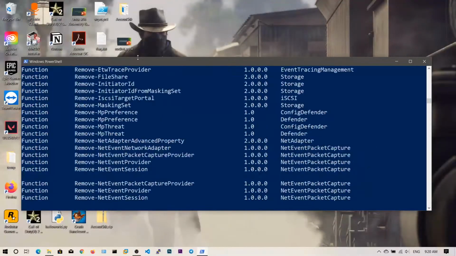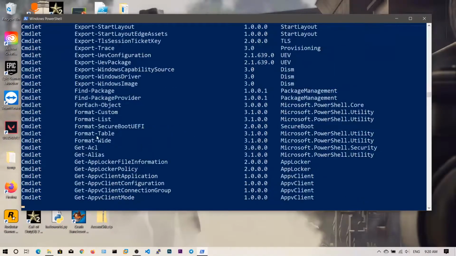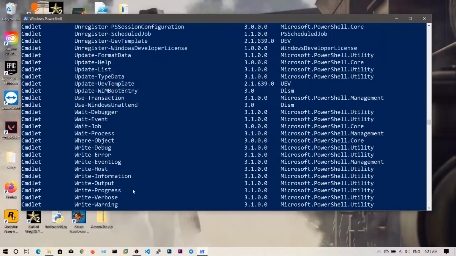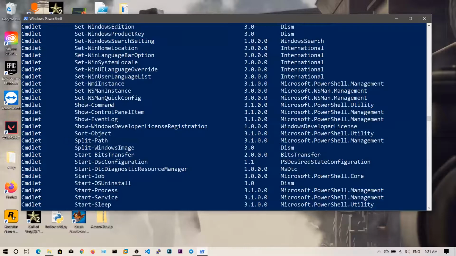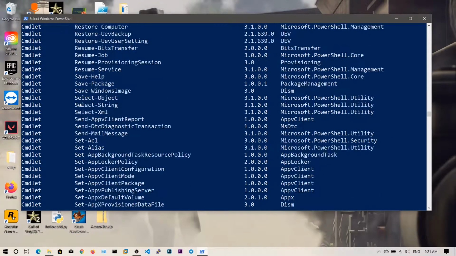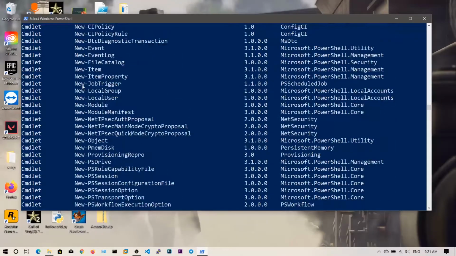You can see there is a lot of data going on. These are all the commands you can run in PowerShell. You can see there are so many. Look at the first one here: this is the type, this is the name of that command, this is the version number, and this is some information like source information. There are some commands with Set, Remove and New, etc.